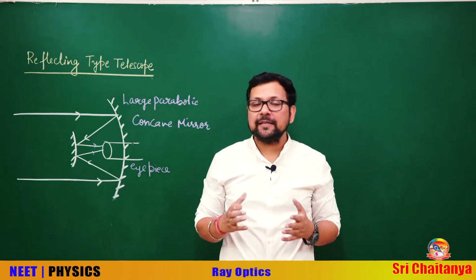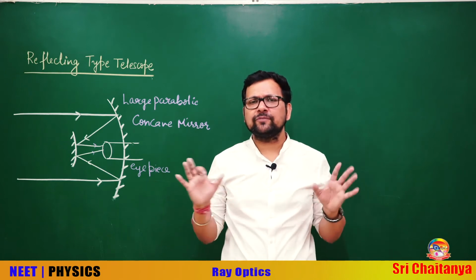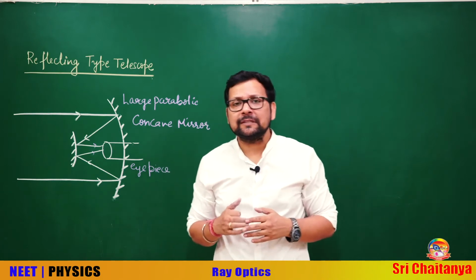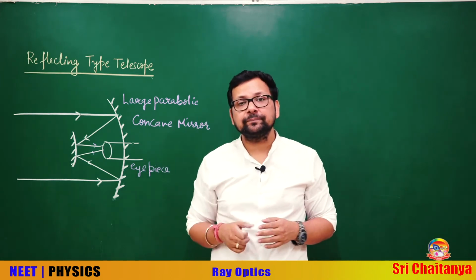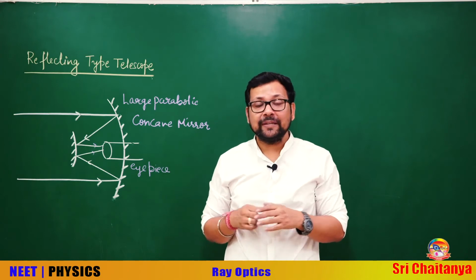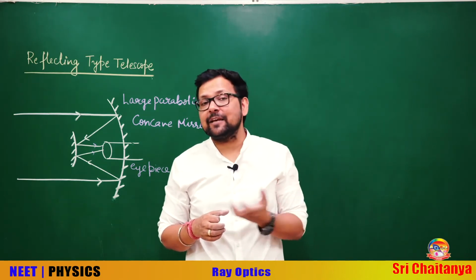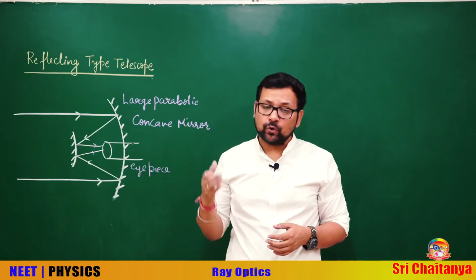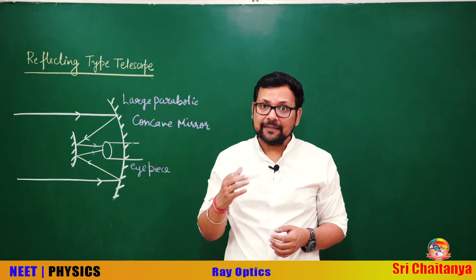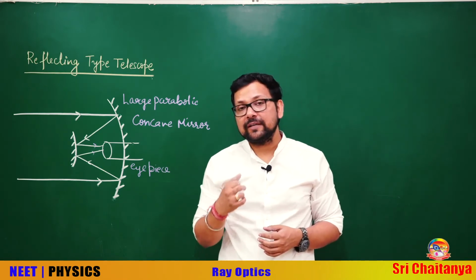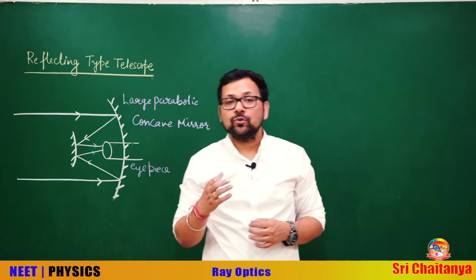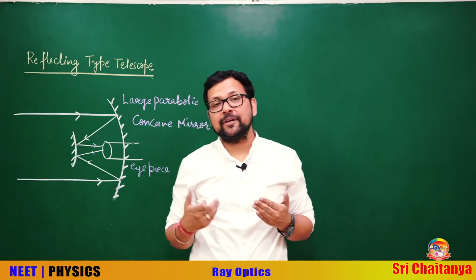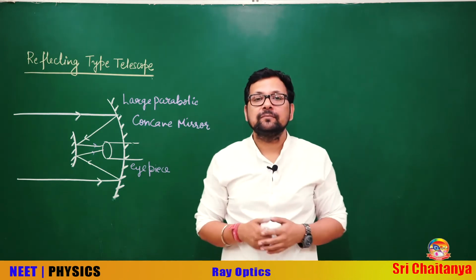So, what is the solution? We don't prefer that chromatic aberration should be there. The solution is just don't use lenses. We need an objective and we need an eyepiece. What to use? Use mirrors. Again, if you are using mirrors, then there are what? Spherical aberrations. So, spherical aberrations are also there. To go away from the chromatic aberration, we should not go towards the spherical aberration.